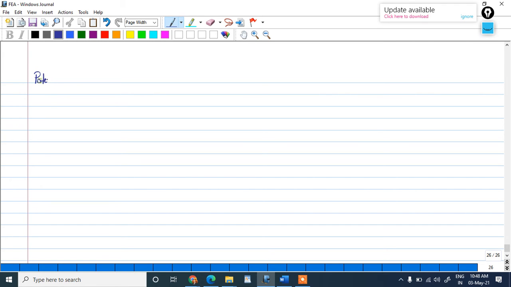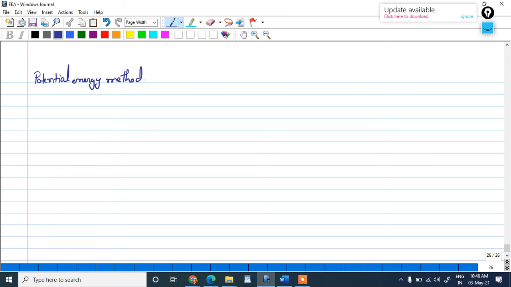Potential energy method. In this potential energy method, which is one of the variational principles, we determine the approximate solution. If you want to determine the approximate solution of a problem, we make use of this potential energy method. So the total potential energy of an elastic body we can define as the sum of strain energy